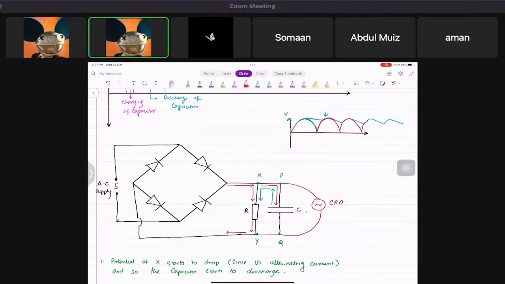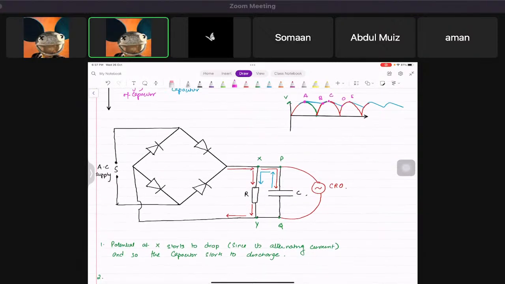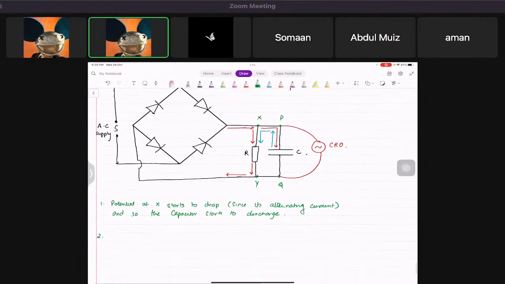Just to show you like this. So then let's call this point A, and then this point B, the next top point C, and so on, D and E, like that. So I just want to tell you that from A to B,